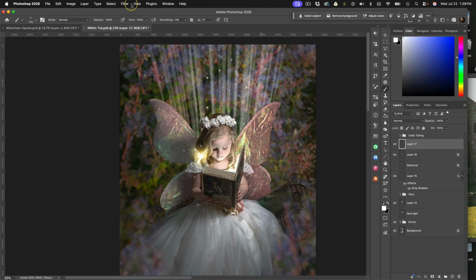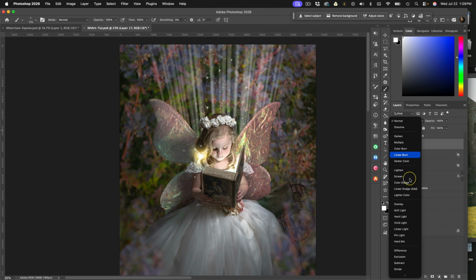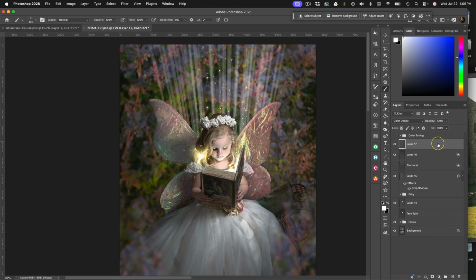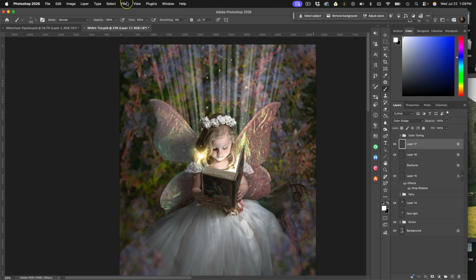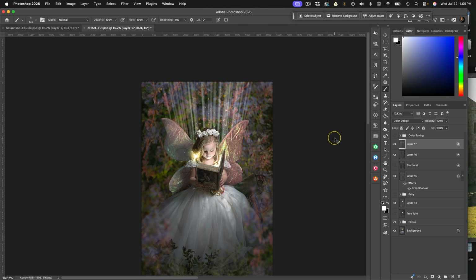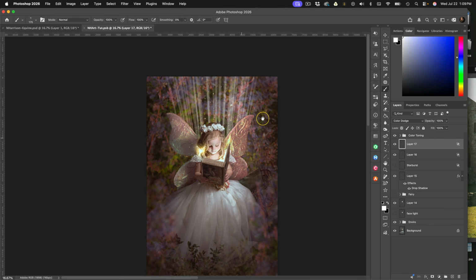Okay? And then you do the same thing. You go color dodge, double click, turn off transparency, and then use the same Gaussian blur that you did for the last one. And that's going to really make those pop and look more real. Okay, so that, my friends, is how you can create all these lovely little glowy items in your magical kind